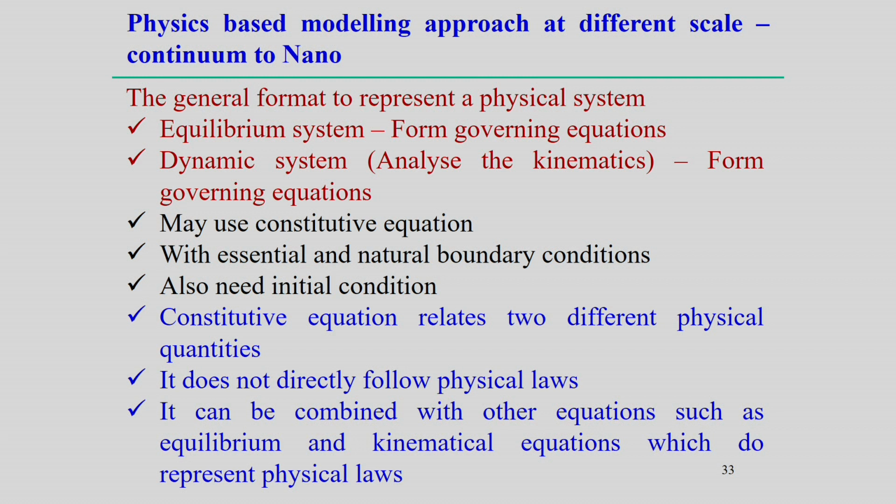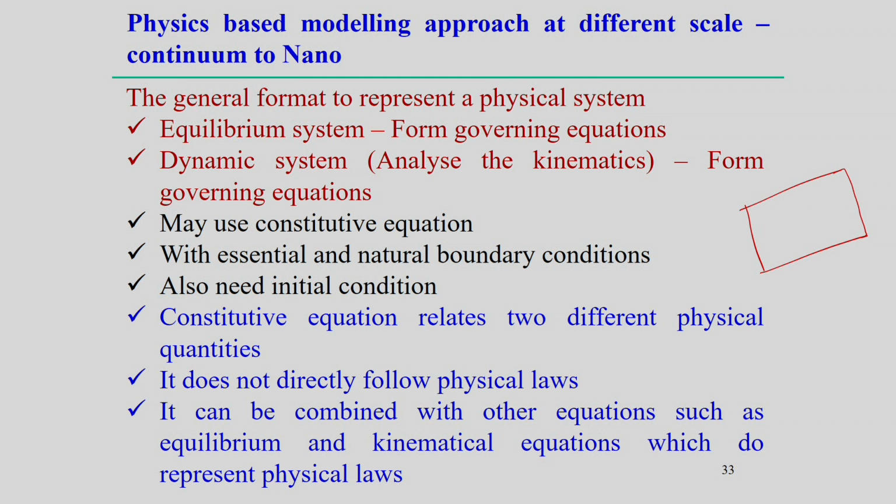Normally, if you try to make a physics based modeling approach, the general purpose is to develop a physical system, but the first thing is what the physical system represents. We represent the domain; we first fix a domain of the analysis. This is the solution domain. Once we fix the domain, we look into what physical phenomena are happening within this domain, and in what way we can represent all the physical phenomena within this domain in the mathematical sense.